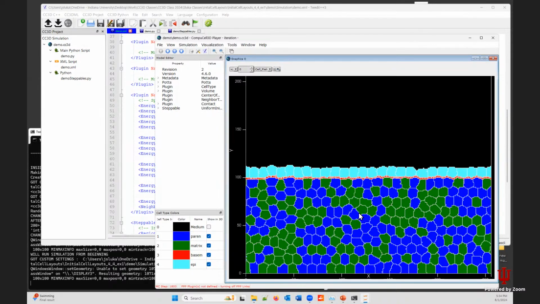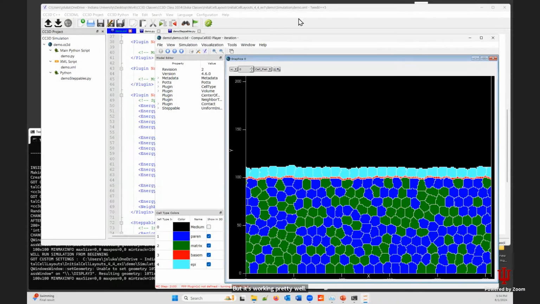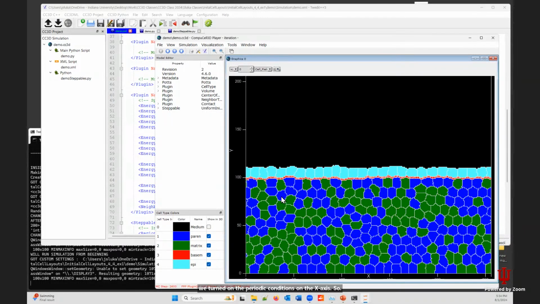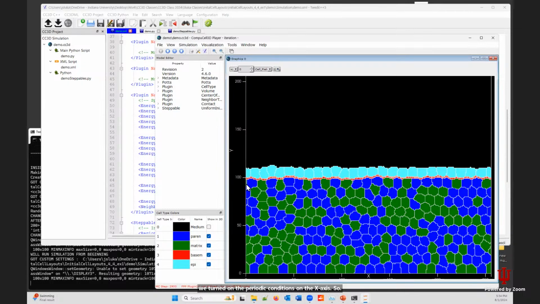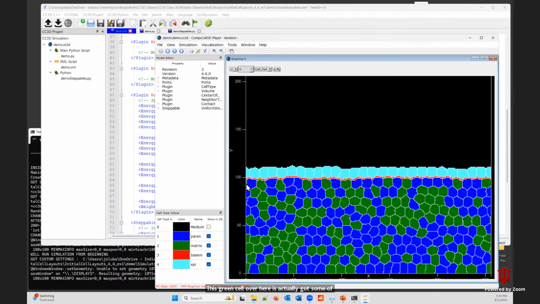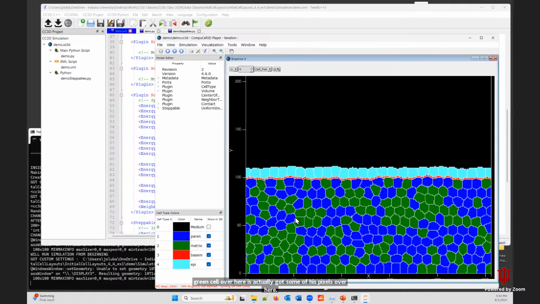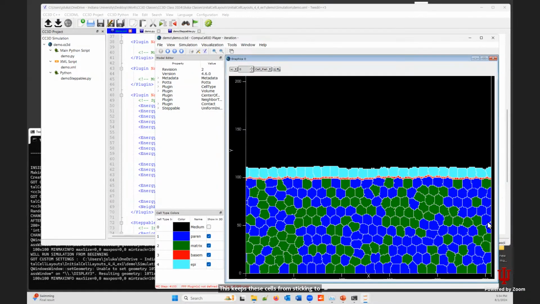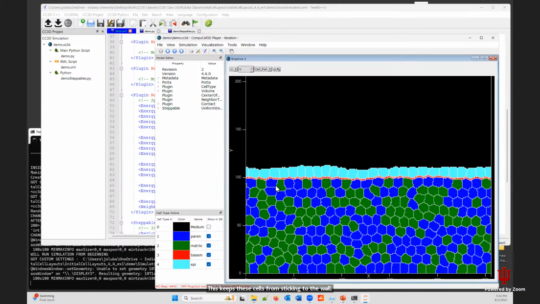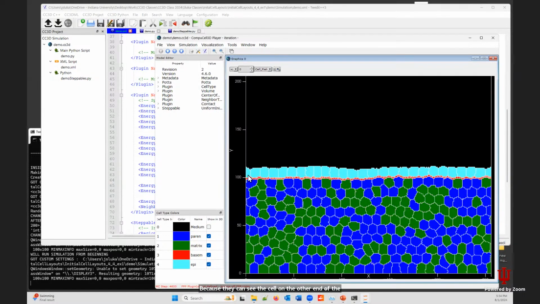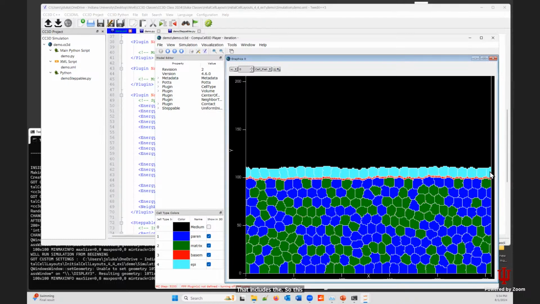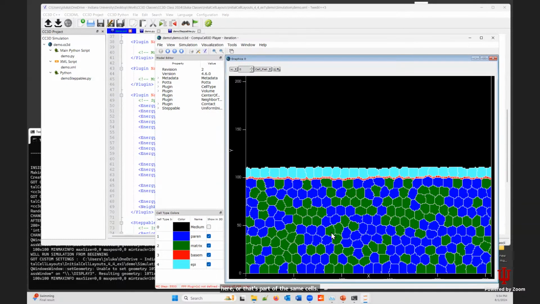So that's working pretty well. So we turned on the periodic conditions on the x-axis. So this green cell over here has actually got some of his pixels over here. He's wrapping around. This keeps these cells from sticking into the wall because they can see the cell on the other end of the simulation. And that includes the epi. So this epi cell can see this epi over here, or that's part of the same cell. So that layer is holding together pretty well,